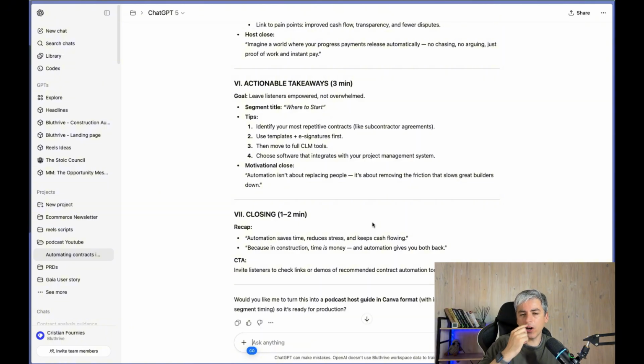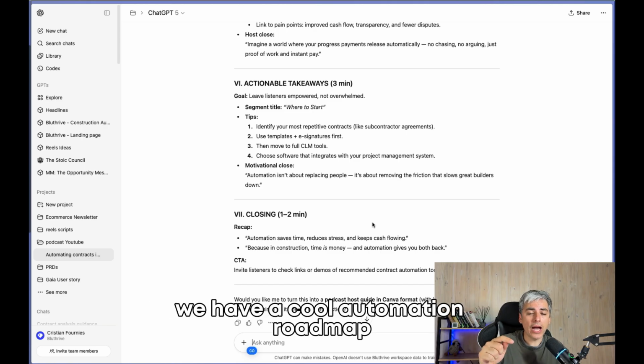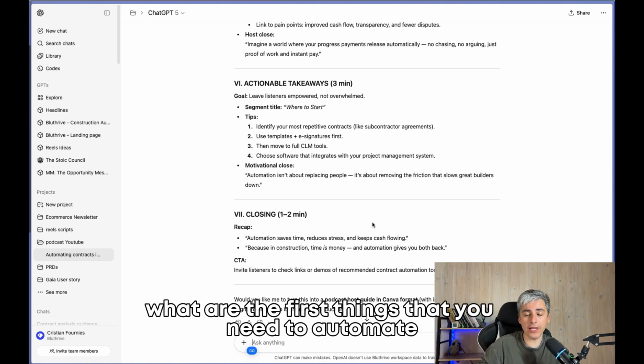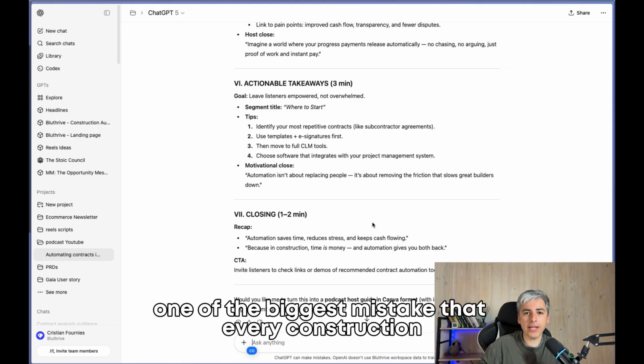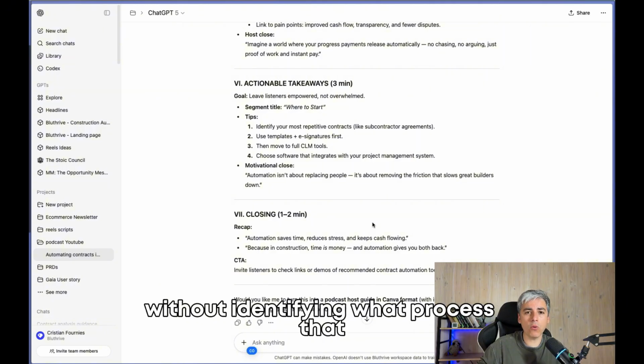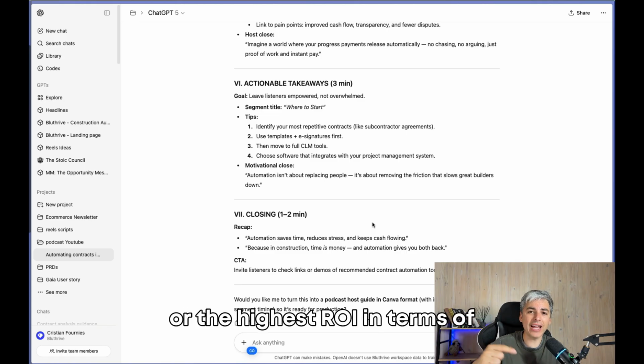And if you want to know more about how to automate your company and understand a little bit more about the process, we have a cool automation roadmap, which is kind of like a mini course to help you understand what are the first things that you need to automate, right? Because one of the biggest mistakes that every construction company makes is they start automating, they start using AI without identifying which process will give them the highest value or the highest ROI.